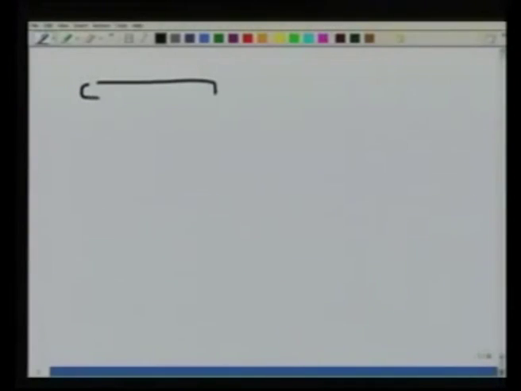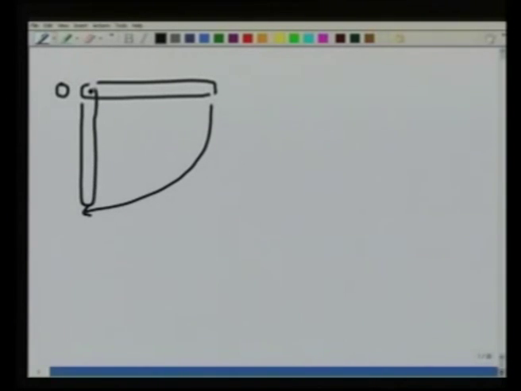So, the problem that I am solving is, I have a scale like this. It can rotate about this point O, for example, and when we leave it, it drops down like this. And I would like to know what is its angular speed omega when it comes here. I will solve this problem in two ways, and show you what is a wrong way. So, let the length of the scale be L,